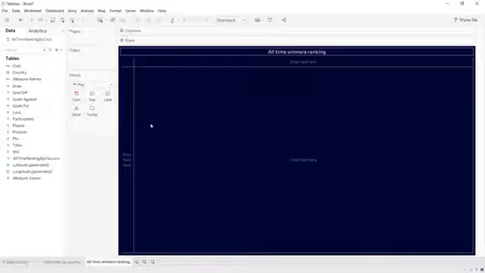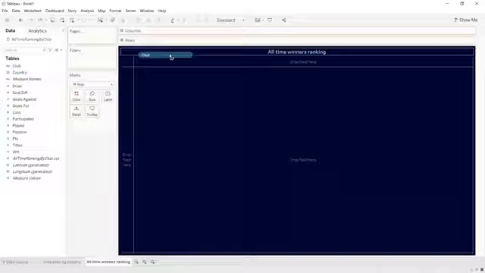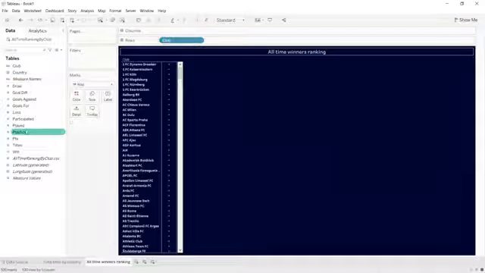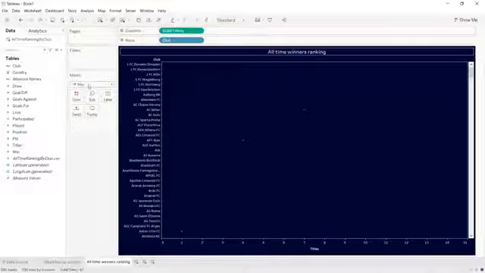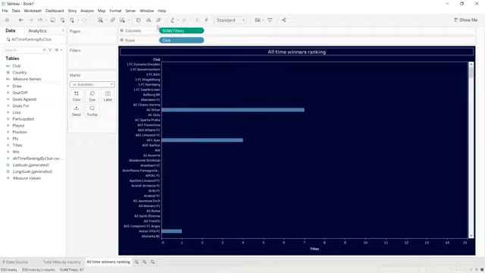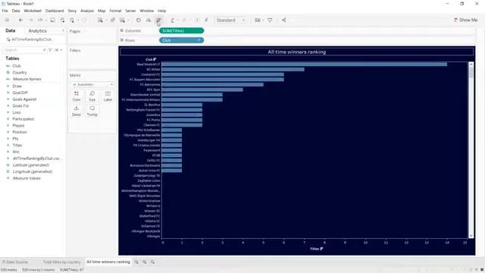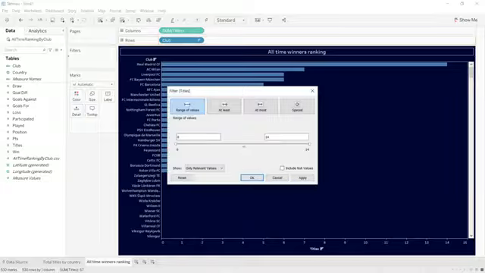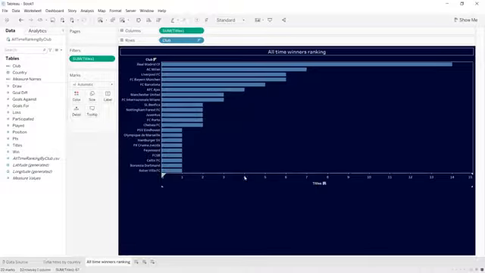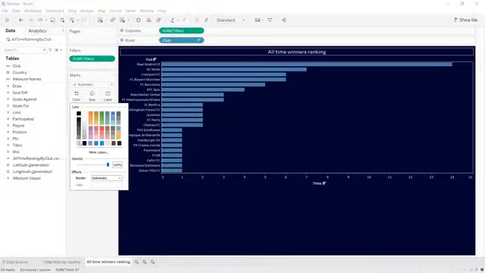Okay. So drag and drop club into the rows, title into the columns, and we select automatic, we sort. So press Ctrl key, we drag and drop the sum into the filters, sum, next starting from 1, apply. OK. For the color, we are going to select our color,